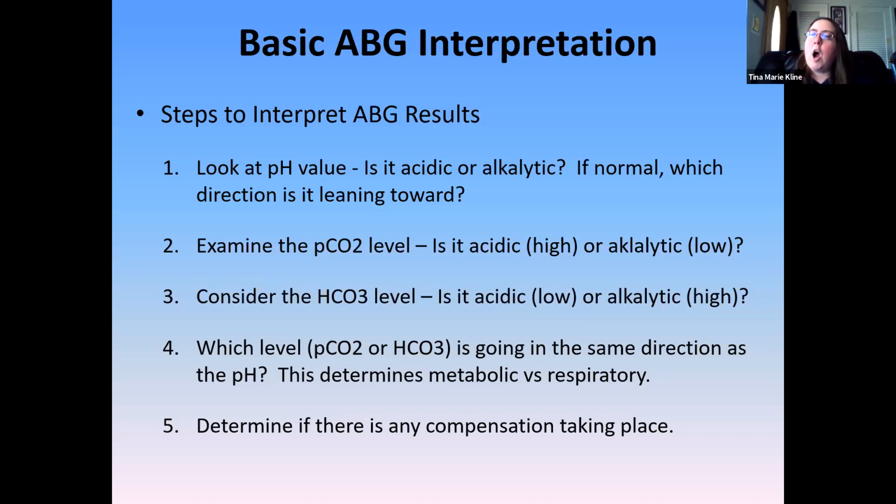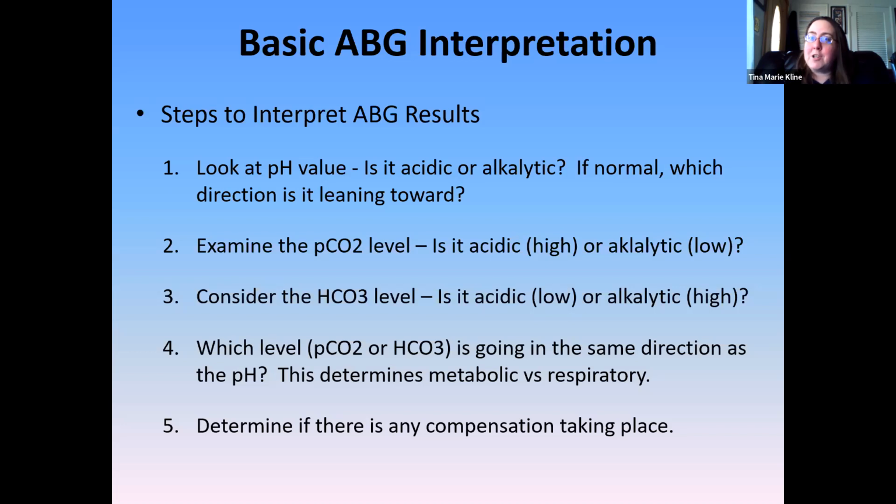Then to start looking at compensation. Okay, so just kind of think about this conceptually for a moment. Let's say it's respiratory acidosis, okay? Respiratory acidosis, the problem is the lungs. We know the kidneys are going to be the ones that are doing the compensation, okay? But it takes the kidneys a little bit of time to get going. So if they're acidotic, my kidneys are going to try to get rid of acid through the urine, and they're going to hold on to bicarbonate in the body to try to balance it out. So by holding on to the bicarbonate, you're going to see the bicarb level, the HCO3 level, start moving more